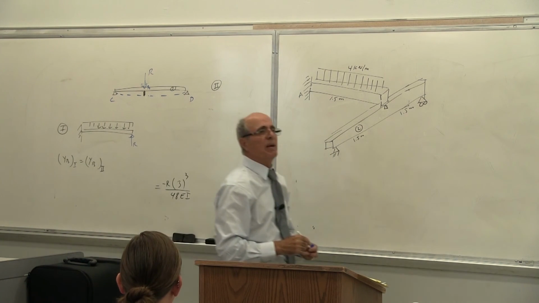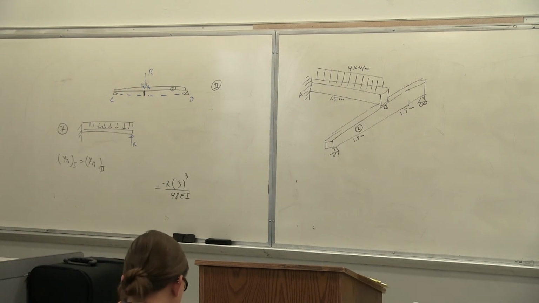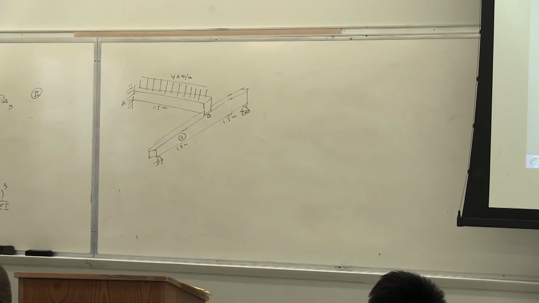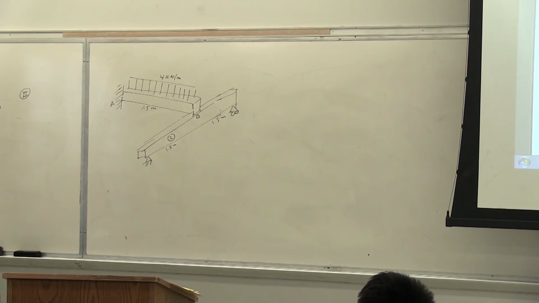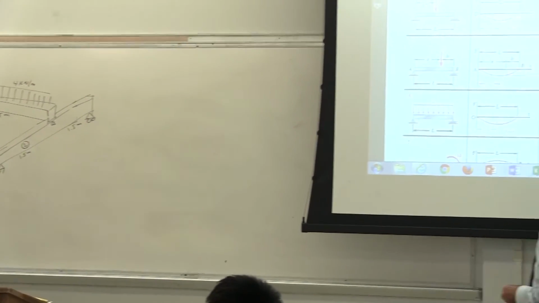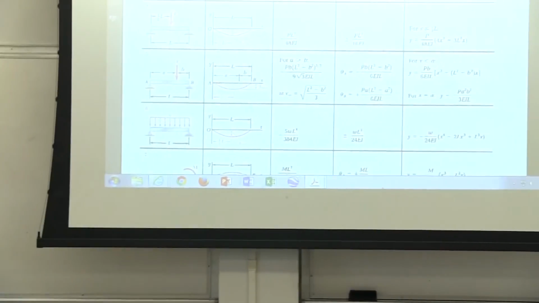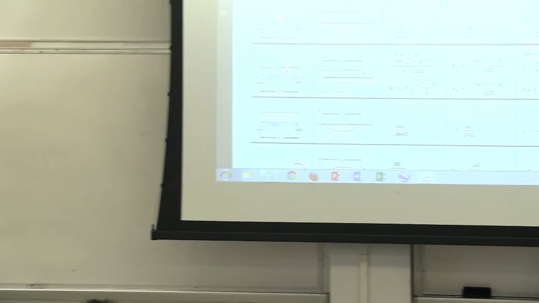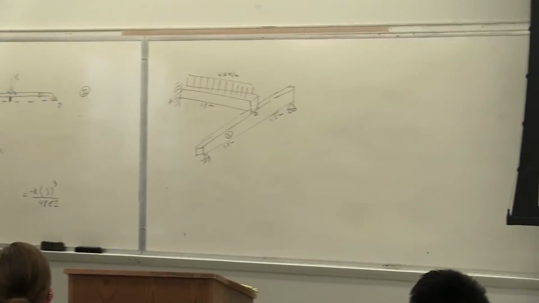Yes or no? Which is symmetrical? Yes? Which is case 4, symmetrical. This is unsymmetrical. That's the only reason I'm doing all this problem. Yes or no? Correct? So therefore, that is the deformation I want. PL cubed over 48. Correct? Now we come to this one. Now, is this one load or two load? Two. So I have to break it into 2 parts. Is that correct or not?